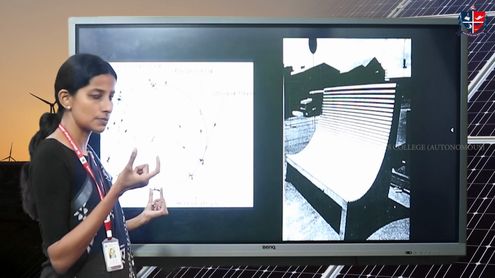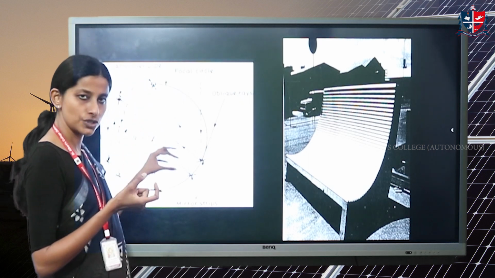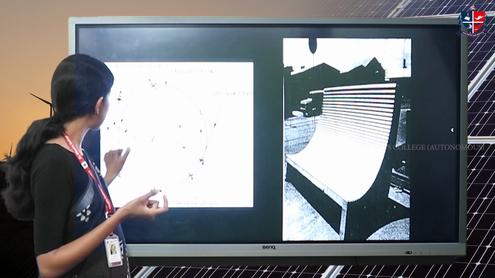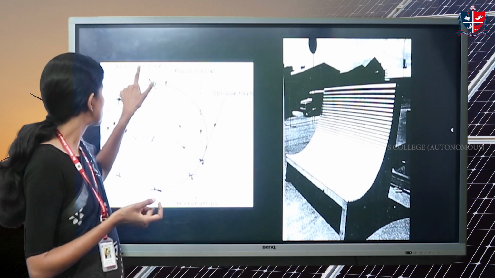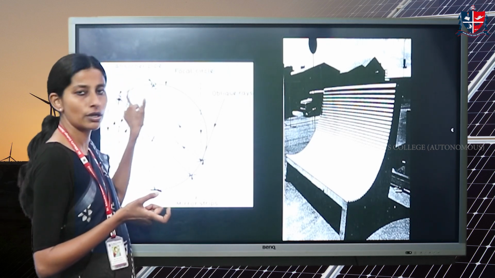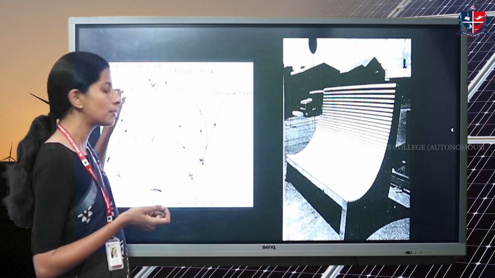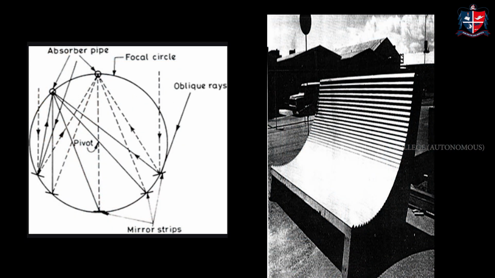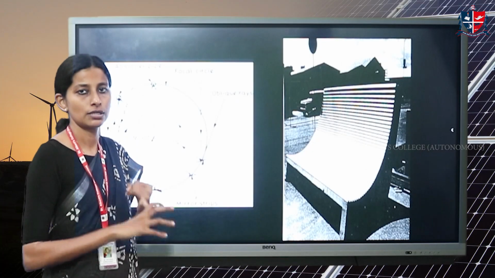They are all narrow strips, and the solar radiation falls on these mirror strips, and these get reflected to the absorber. This absorber or the receiver is the movable part here. This will track the sun and move accordingly. This absorber is placed in such a position that the radiations are focused onto the absorber. Clear? So that is how a fixed mirror solar concentrator works.